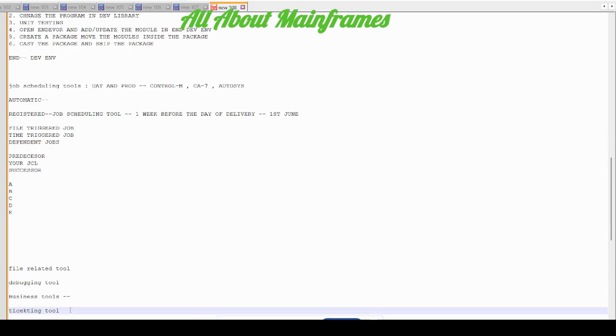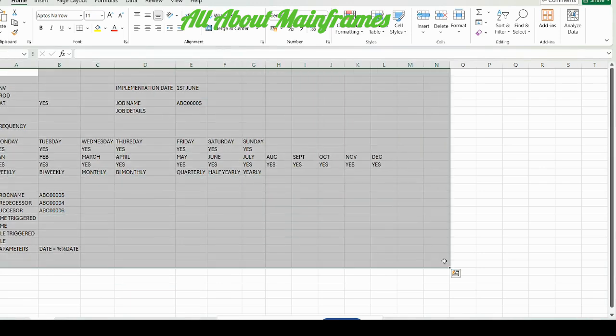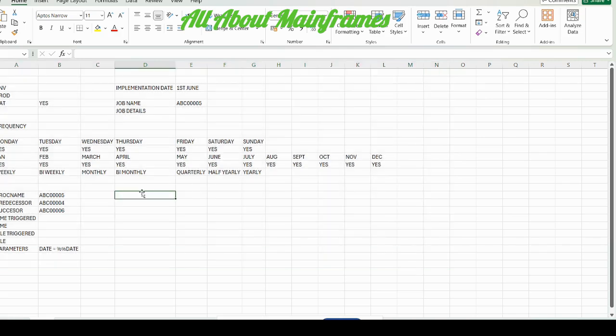Service Now or some other tools we have. There we have to go and raise a ticket. That ticket will be assigned to the control and admin team. And you need to attach this Excel sheet there, and write in brief detail that this is the job that we want you to schedule,